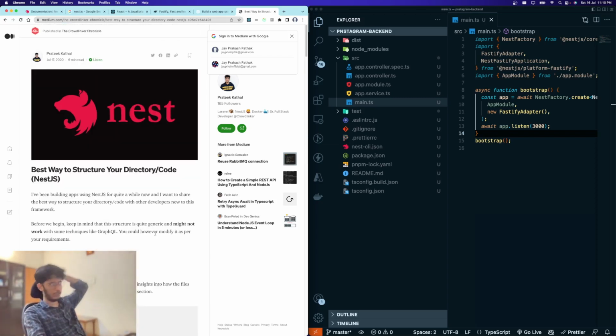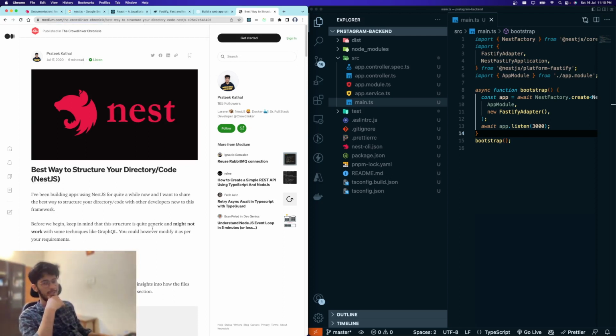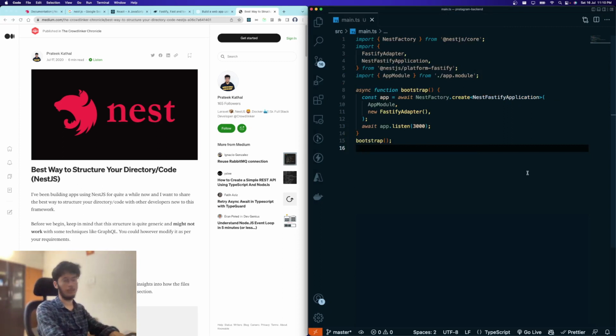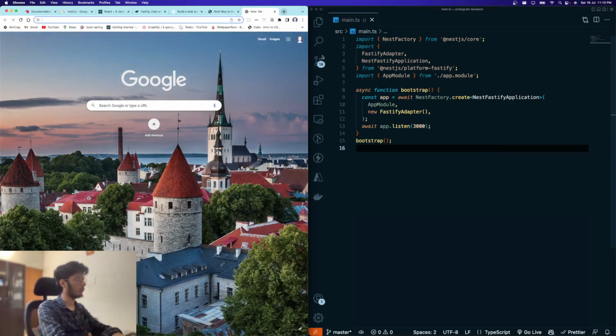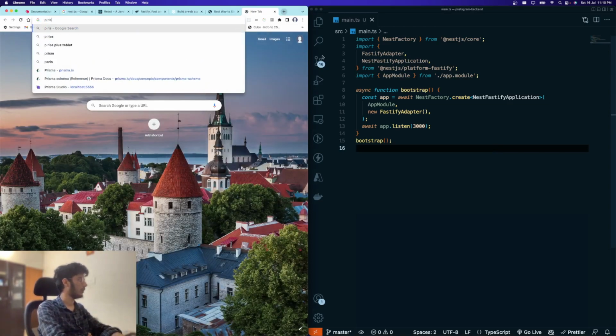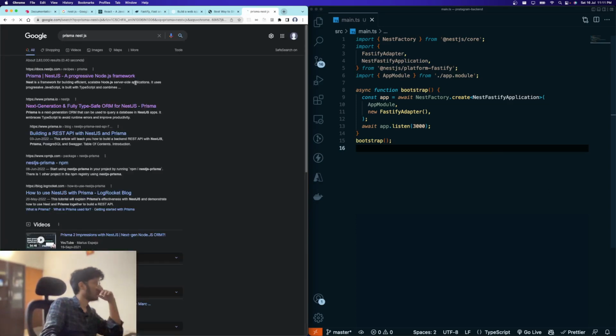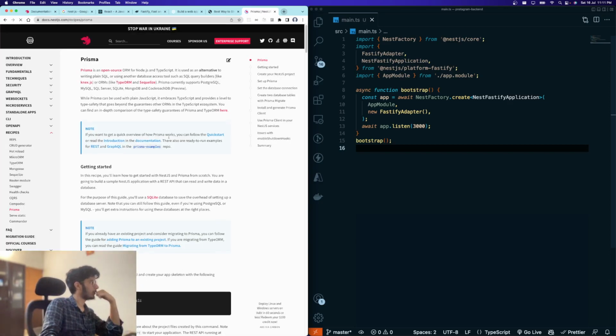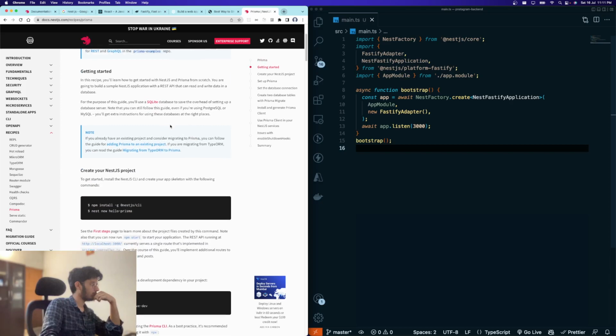So before doing any of these things, let's decide which database we are going to use. In my head, the database which I want to use is basically MySQL. I could have used Postgres, but I think MySQL is already installed on my computer, so yeah, if that makes sense, right? So first thing first, what we'll do is we'll say Prisma Nest.js, right? So Prisma is open source, that's cool. Okay, so